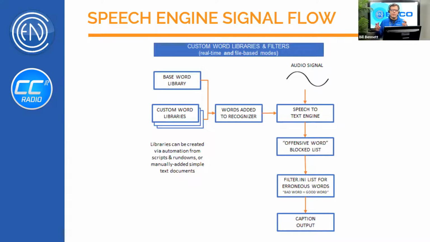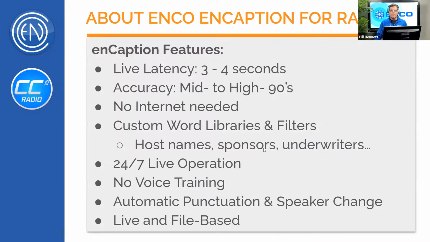We also have an offensive word list or block list, and those are profanity words, generally words thought to be offensive to most people. You can add words to that or take words out. So it depends on what kind of programming you do. Some words are in it that really aren't necessarily offensive, so it depends on your programming. And then we also have a filter list that we use to fix sort of bad words or mistakes in captioning and make them better. I'll show you what those look like.